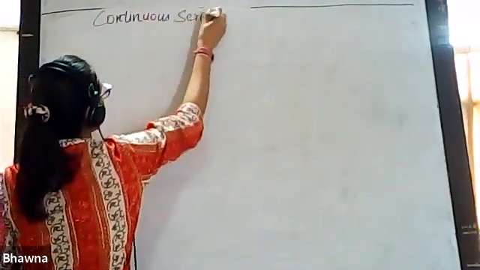Now we have to calculate the median with a continuous series. Firstly, we have the steps for calculation of continuous series. The first step is to calculate cumulative frequency. After this, find out the median size by using the formula n divided by 2. The third step is to determine the median class in which the median lies. And the fourth step is to substitute the values in the above formula.